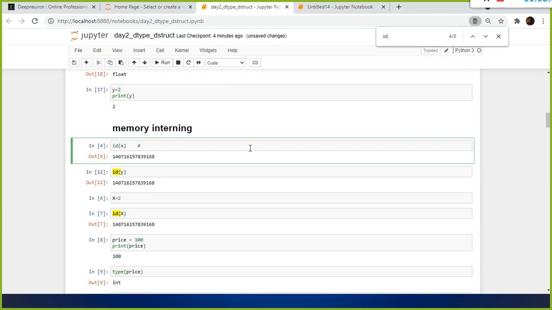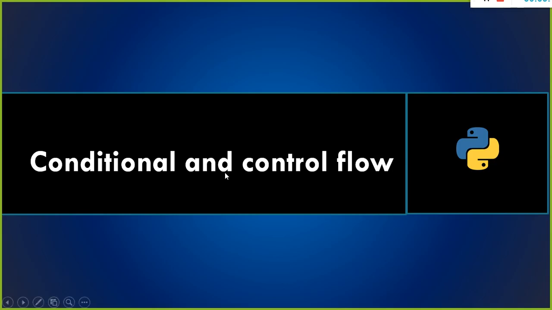There is a limitation here: any integer value between 0 and 256 maintains the interning. It applies the interning concept, 0 to 256 for integers. Let me show you what exactly happens here.